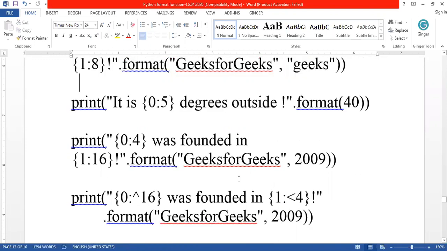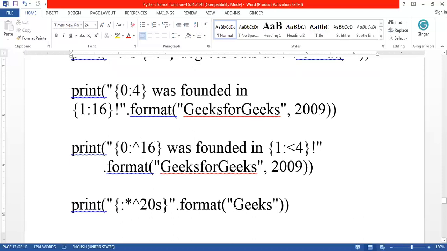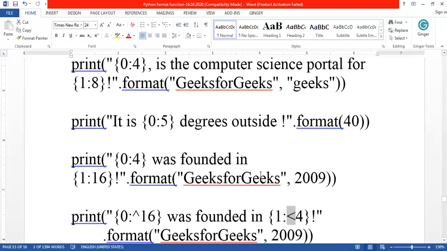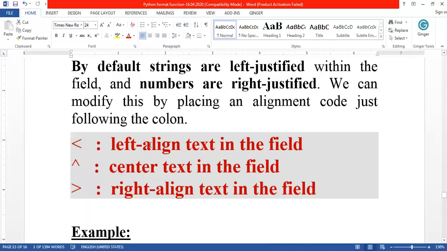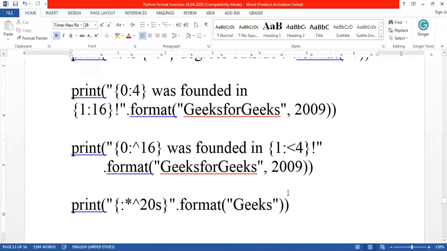But look at this example. Here I am using a symbol like this, which means the string has to be aligned in the center part. Here I have used the less than symbol, which means left aligned. Here, Geeks for Geeks has to be aligned in the center part.